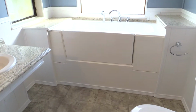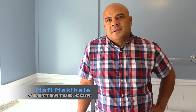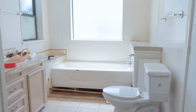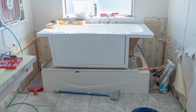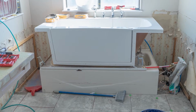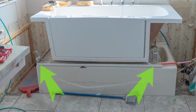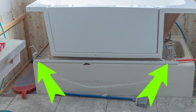Installers, plumbers, do-it-yourselfers, I think their concern is how it actually sits on top of the tub and it stays. So what we did on this tub, and I think we'll do it on some of the tubs, that doesn't have any framing in the back, 2x4s that we can anchor to, so what we did was just got some C-clamps and we just clamped it to the bottom tub,